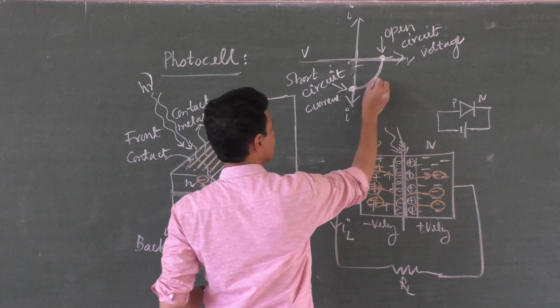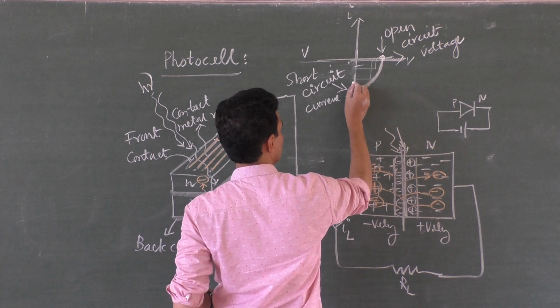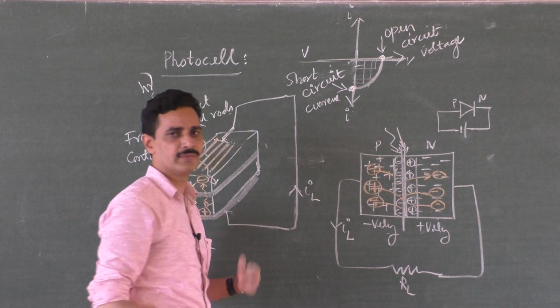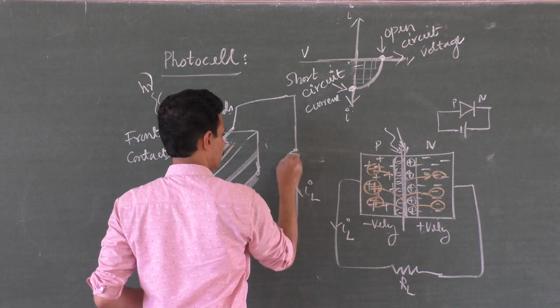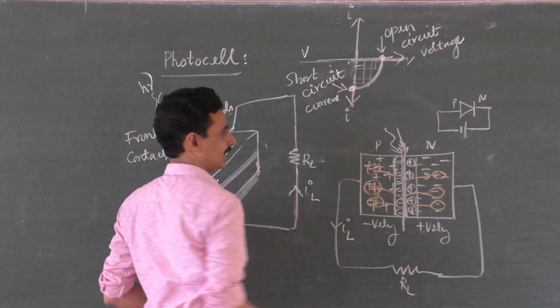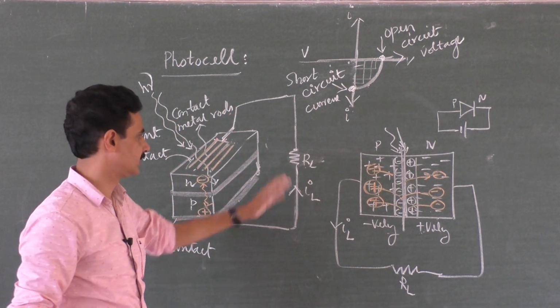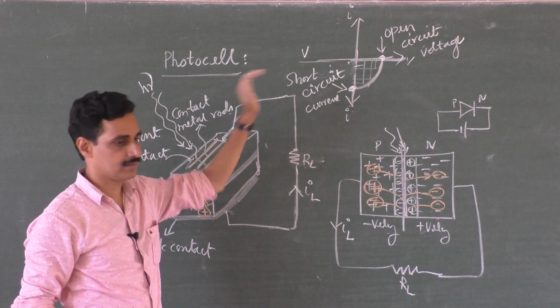And these are the different currents that we get for different loads, and different voltages and different currents for different loads. When you connect a load, don't keep it open, according to the load resistance we get a different current and different voltages across it. So there are those values. So this is the characteristic curve.